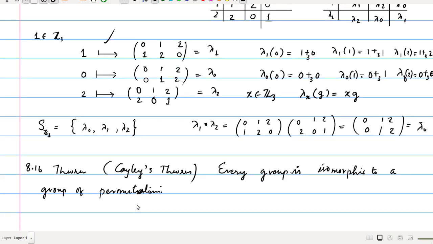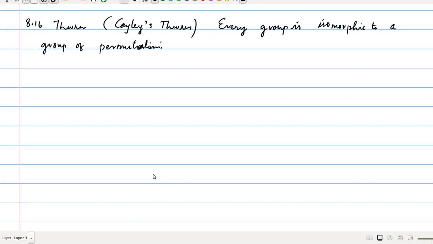That means if we start with an arbitrary group G, so to prove this, we start with an arbitrary group, let G be a group,